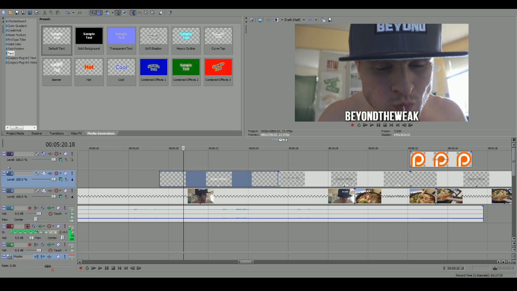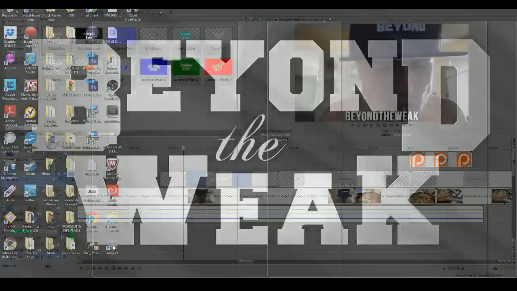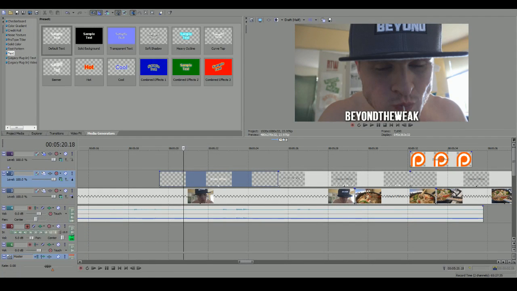I downloaded these logos before, but for some reason I can't actually find them. So I guess we're just going to download it again. I think I've put them in another folder, like a social media folder, and I just honestly don't remember where. But it can be very helpful to have a social media folder.